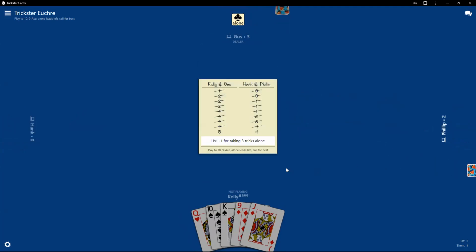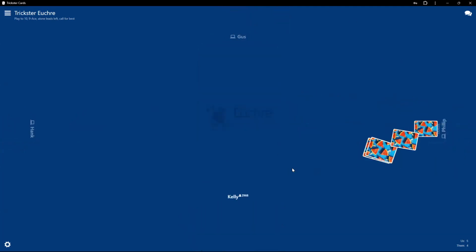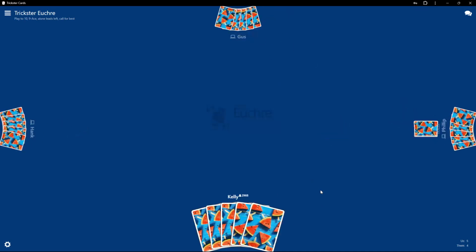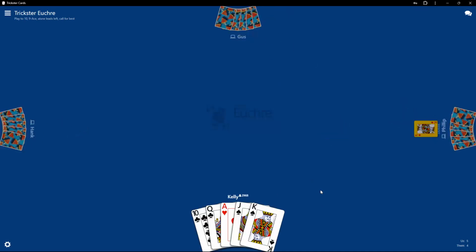See, my partner played that ace there instead of the small trump, which is usually the decision I would make. But it depends. I mean, did you make a wrong decision just because it didn't work out right? No, because you don't know all the cards. But there's a lot of skill in this game too.